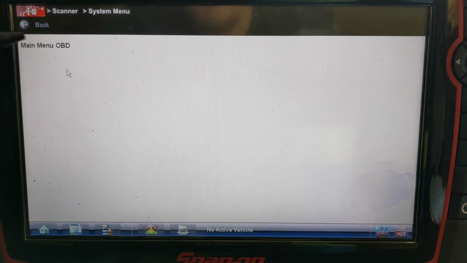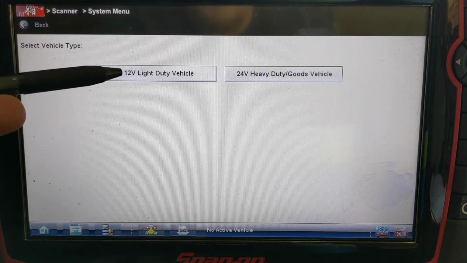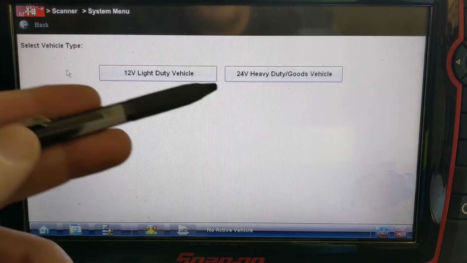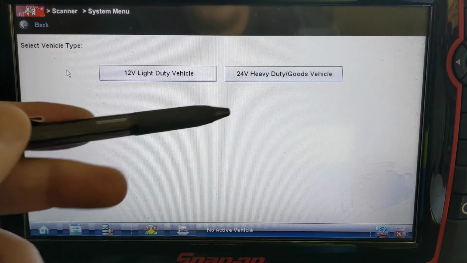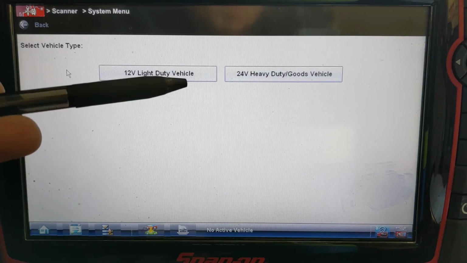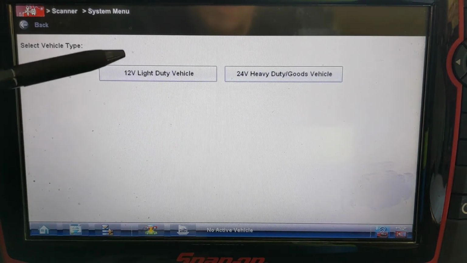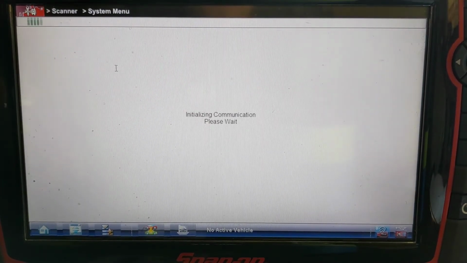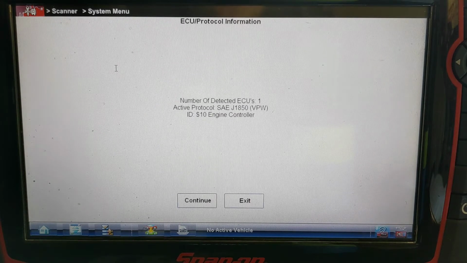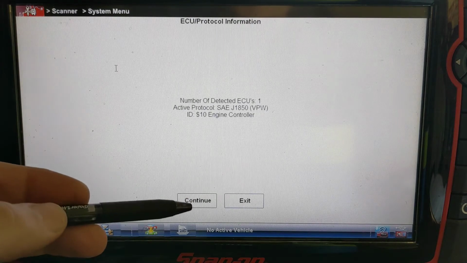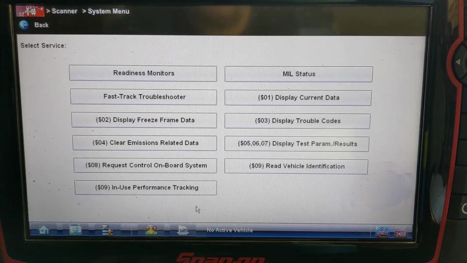We're going to start our communication. We have a 12 volt light duty vehicle versus a 24 volt heavy duty, so this will pull some bigger truck stuff. But the first thing you'll notice is we didn't have to build out our vehicle. This is just straight communication without anything specific. So here's our